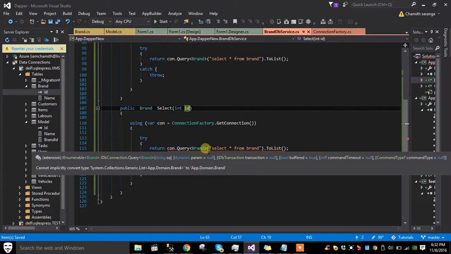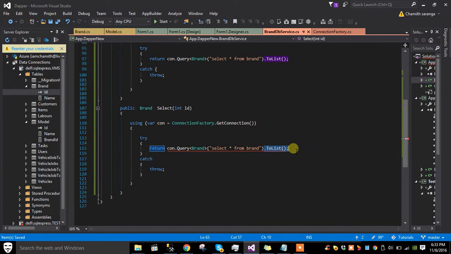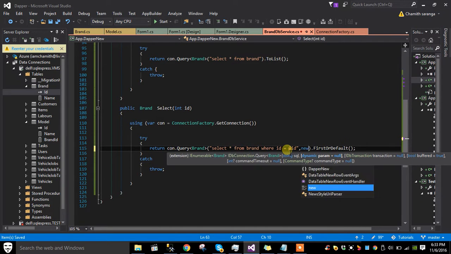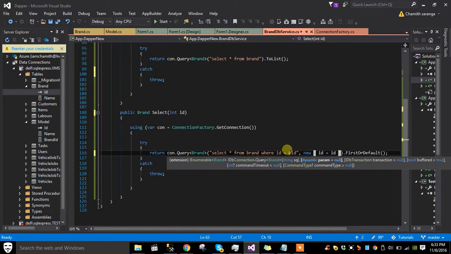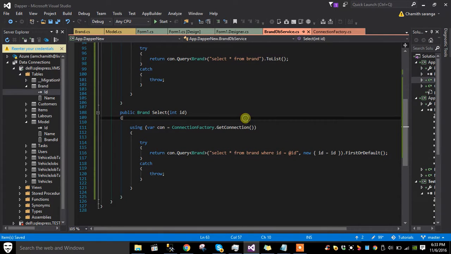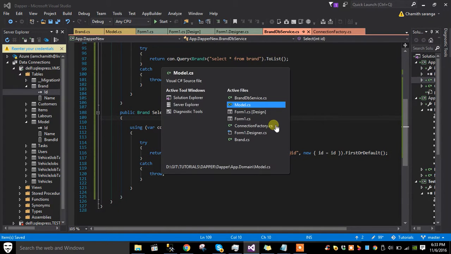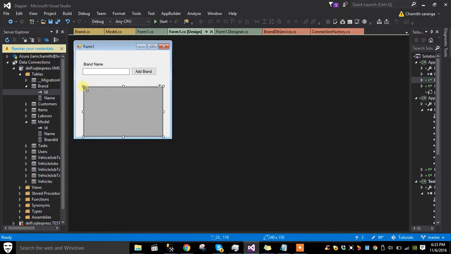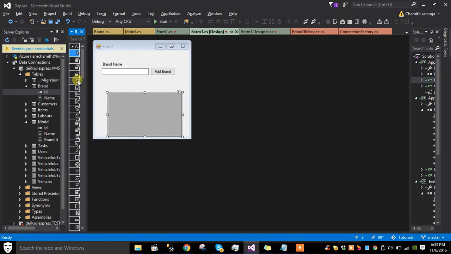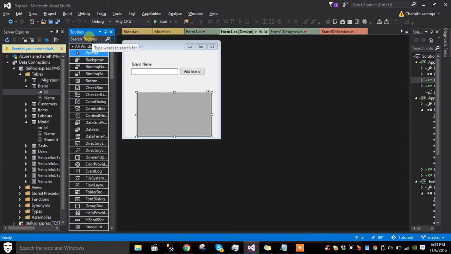So now it must be first or default, ID equals at ID, and ID is ID. Like that. So we modify that UI, we put some text box